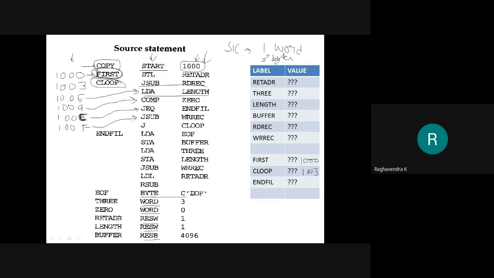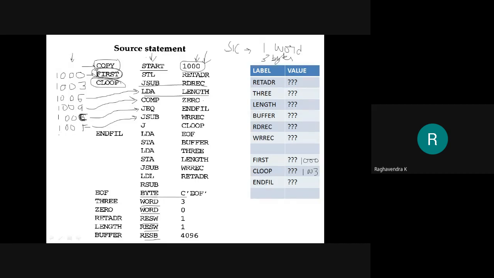Now what is the address of the next instruction? JC loop. If you have calculators, you can use them in exams, so that wouldn't be a problem. But I believe this is simple arithmetic. You can tell the answer. So 100F plus, there is an instruction, so 3 bytes we are supposed to add. So 100F plus 3.